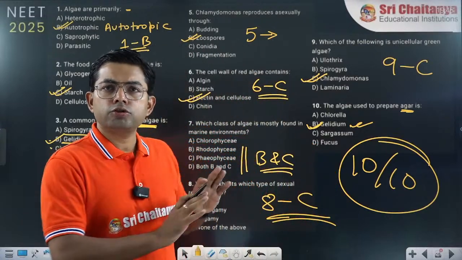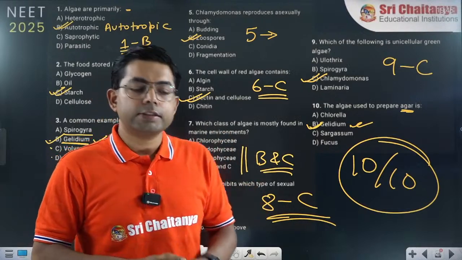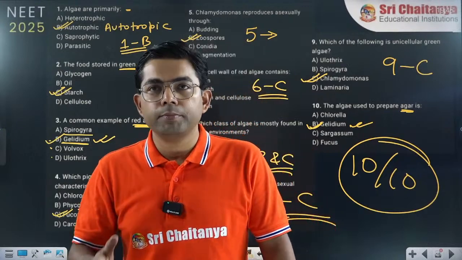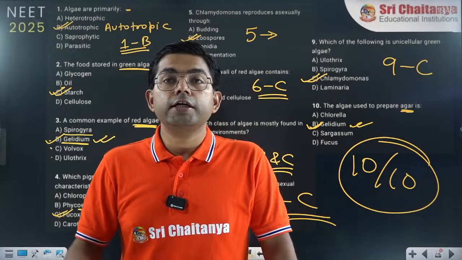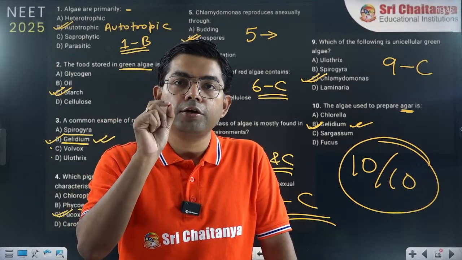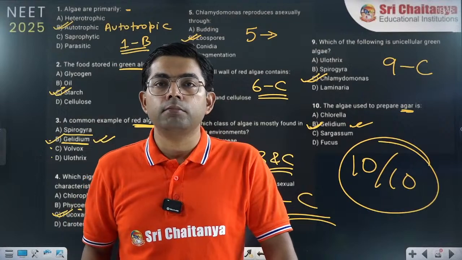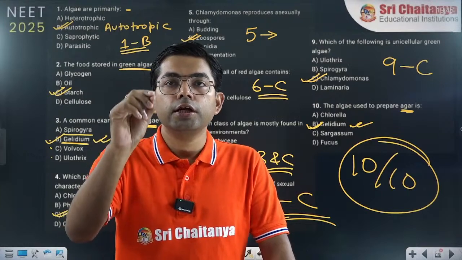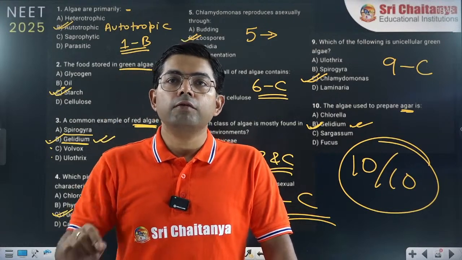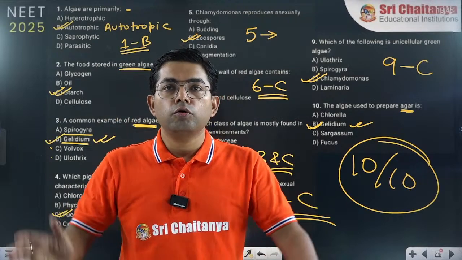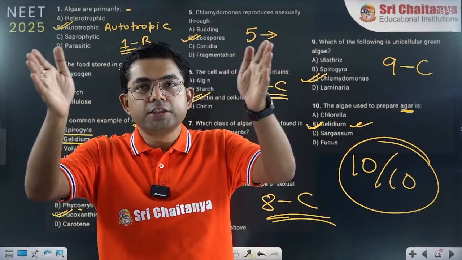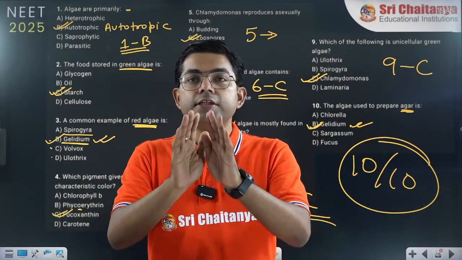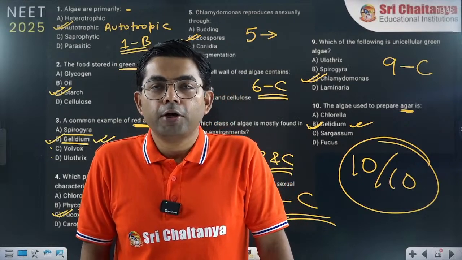Some of the students say, sir, it is boring, it needs a lot of memorization. No, actually these are very important from the NEET point of view. From Plant Kingdom, minimum 2-3 questions are there. From Biological Classification, 3 to 4 questions. Living World, 1 question can be there. So overall in these small 2-3 chapters, we can get approximately 6 to 8 questions. So these chapters are not less important.